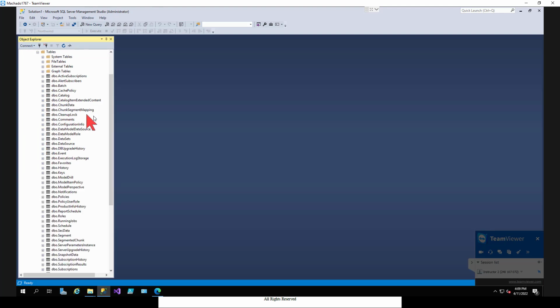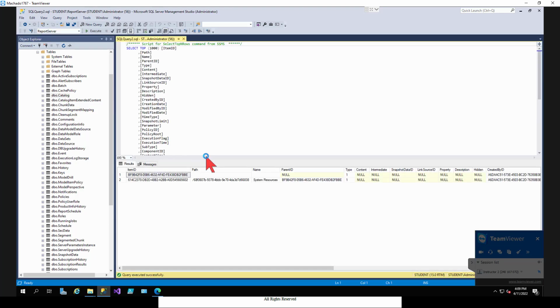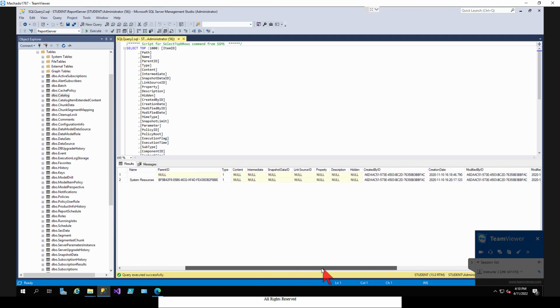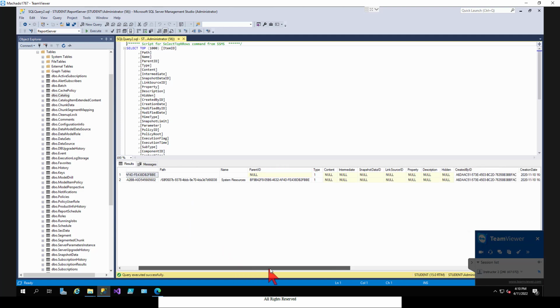And if I go down to tables, you can see there's a bunch of tables there. One of these tables is called Catalog. If I right click on it and I choose Select, I can see everything we've created. You see there's not much there. But as I start creating reports and folders and I start publishing them, we will see this table start to fill up. There is a column over here